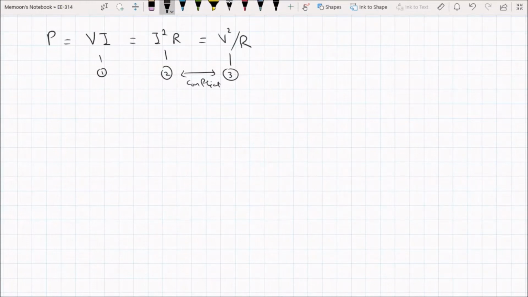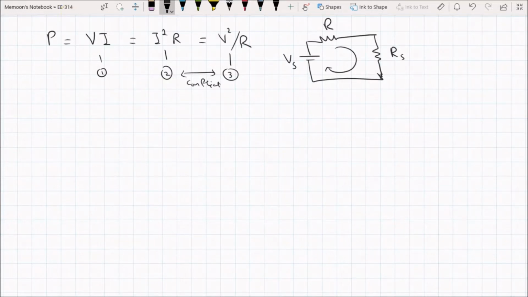In most resistive sensors, you have these resistors connected in series. Let me draw it like this. You have a fixed voltage source, your sensor resistance Rs and your fixed resistance R, and some current is flowing through this circuit. Now the maximum power across Rs will be dissipated when Rs is equal to R. This means that at this point the maximum power will be transferred to the load, and that load is now your sensor resistance.